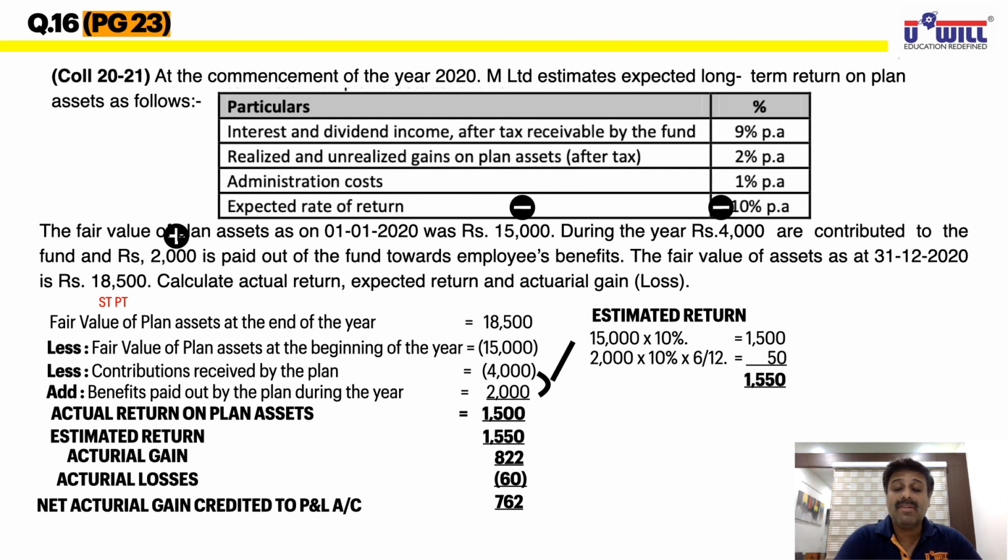Okay, so I hope everyone is clear with this type of questions. Second topic of actuarial gains or losses, that is effect of discount rate, which you have written in the notebook, we will see in the next lecture. So maybe in the next lecture we'll be able to finish this chapter.